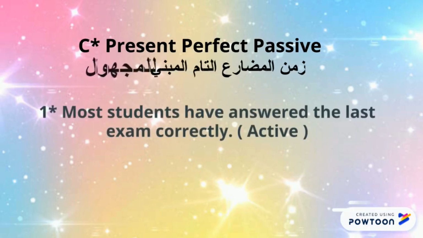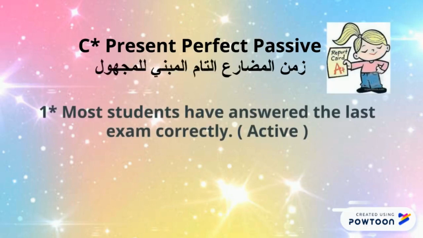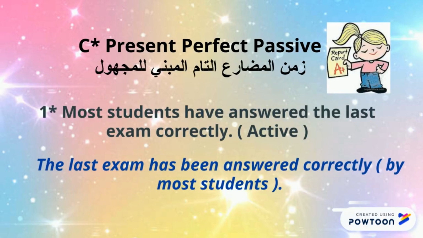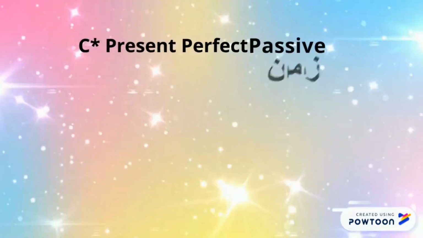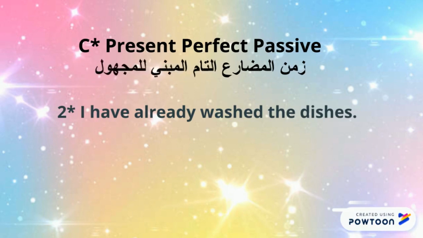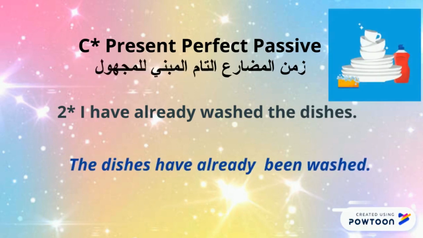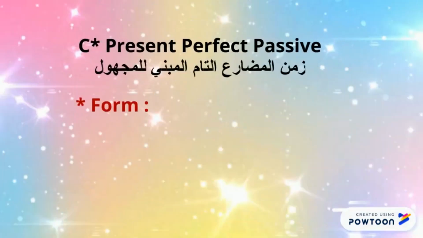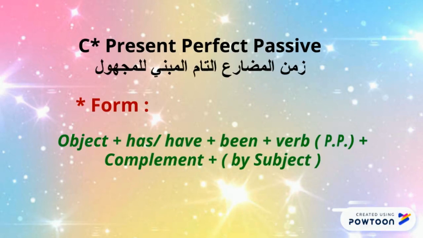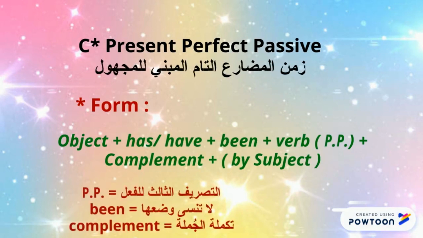Let's move to the present perfect passive. 1. Most students have answered the last exam correctly. The last exam has been answered correctly by most students. 2. I have already washed the dishes. The dishes have already been washed. So the form for present perfect passive is object, has or have, been, verb in past